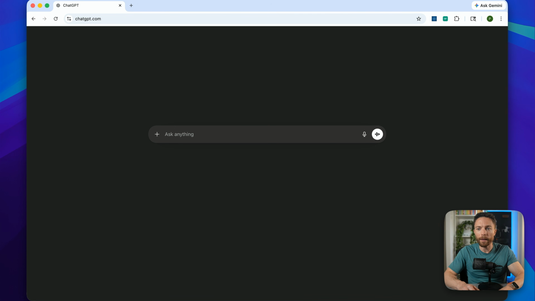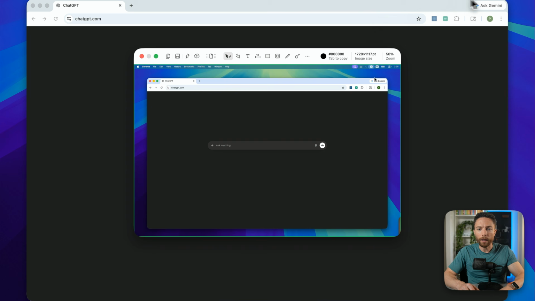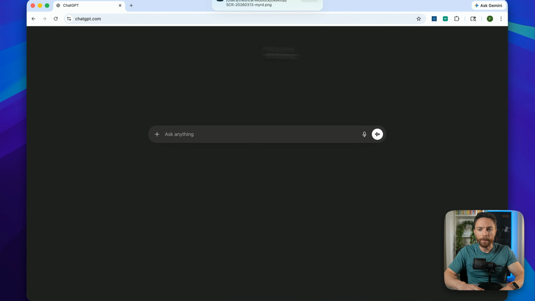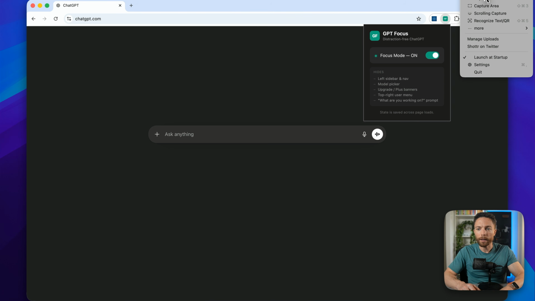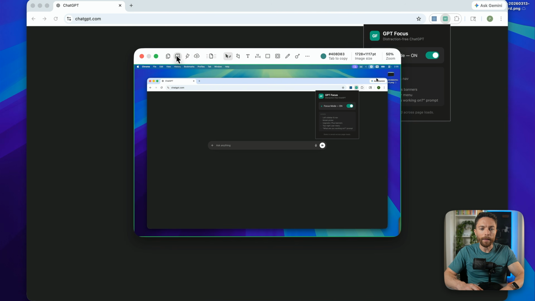Take the screenshot that you want. So I'm just gonna take a screenshot of the entire screen. And I'll save that one and I'll take one more, but this time with the Chrome extension open. Again, capture the screen. And then I suggest you go over to